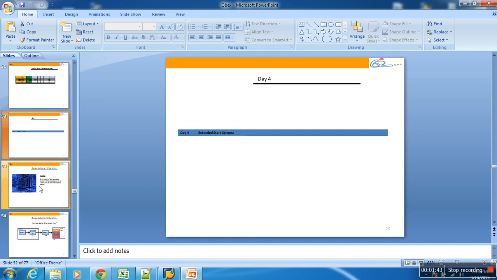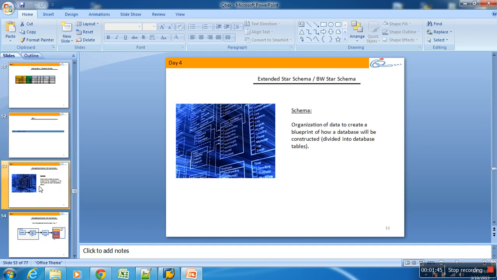So what are we trying to do as part of this schema? Now look at this. When you say extended star schema, that is the actual back end design of your info cube. When you create your cube, internally in the back end it forms a schema, a group of tables joined with primary keys and foreign keys. By joining that way, it enables you to have multi-dimensional reporting. You just store the value in one form, and you analyze the same data from multiple angles.